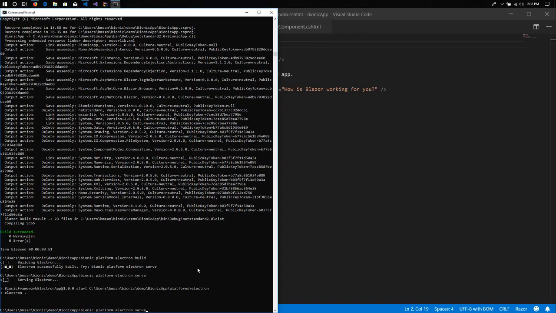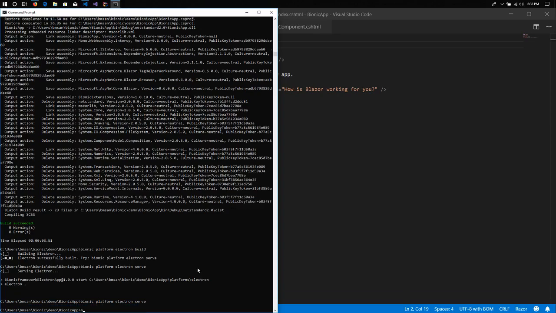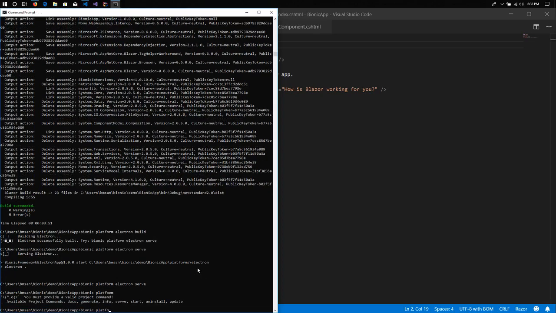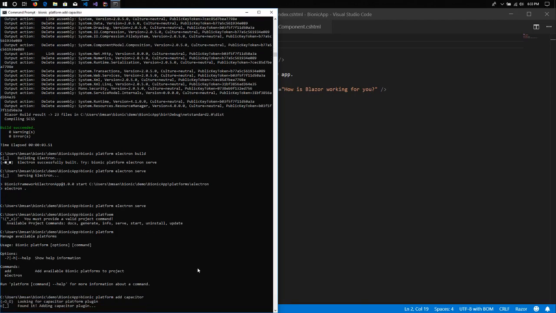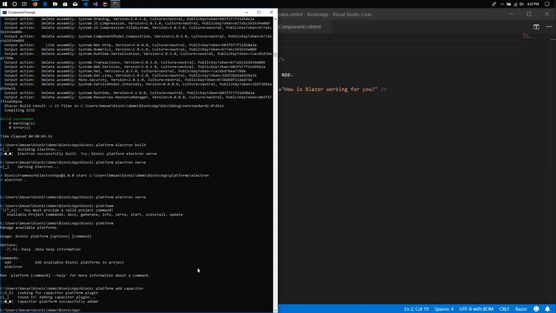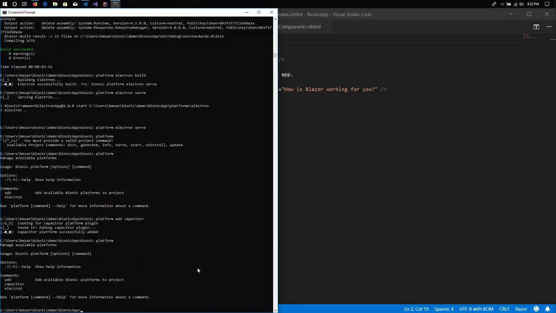The other platform available so far is Capacitor. So we're going to add again, oops. Again, Capacitor is not available there. So let's add Capacitor. It's going to look for it at NuGet, download the necessary packages, and here we are. We should have Capacitor also available. So platform Capacitor